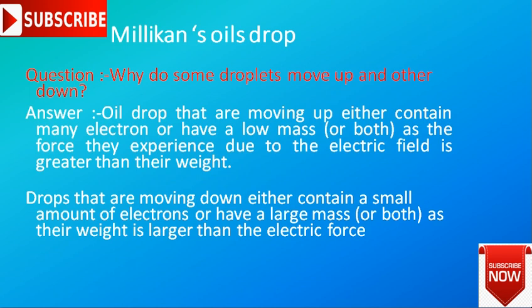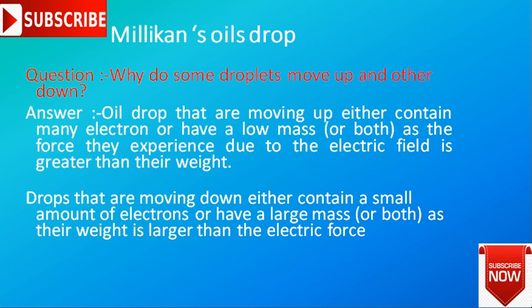So that is our next question, and this is an important question. The examiner will ask you this question in your exam and in your practical viva also. The question is: why do some droplets move up and others down? The answer is, oil drops that are moving up either contain many electrons or have a low mass, or both,